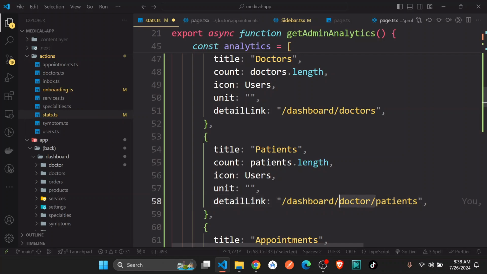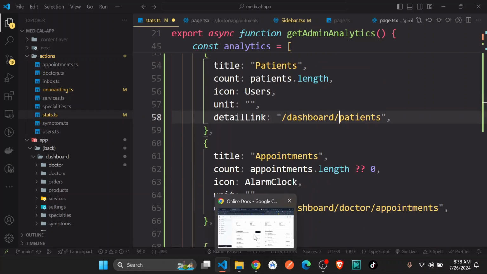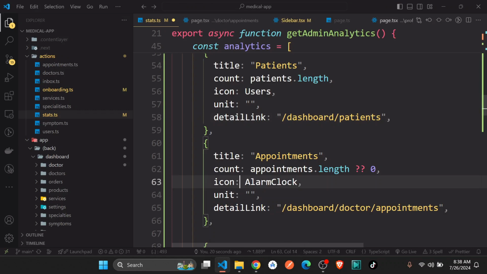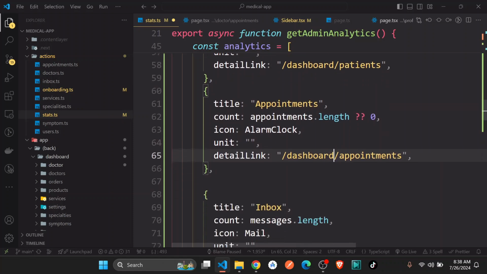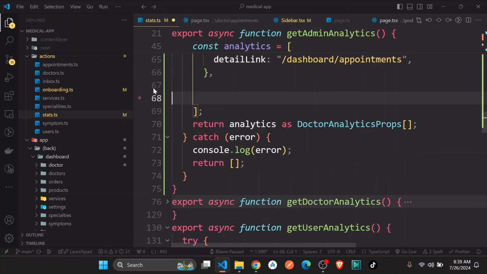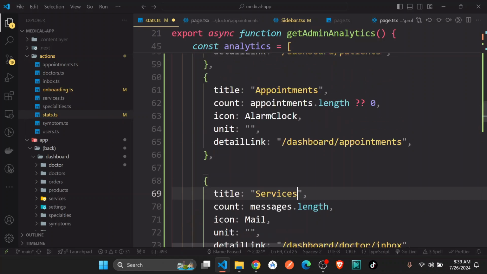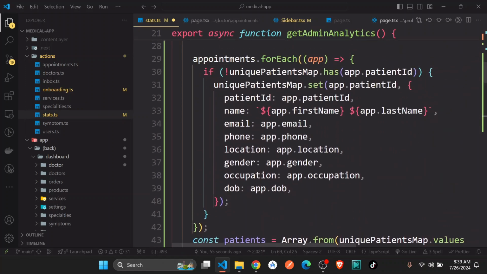Okay, dashboard patients. And then we have appointments. So we have the appointment dot length, and this is going to be that. We don't need to look at the messages. I don't know if this is necessary, but we have services. So here you can just have services, and we could just get services count or something, because